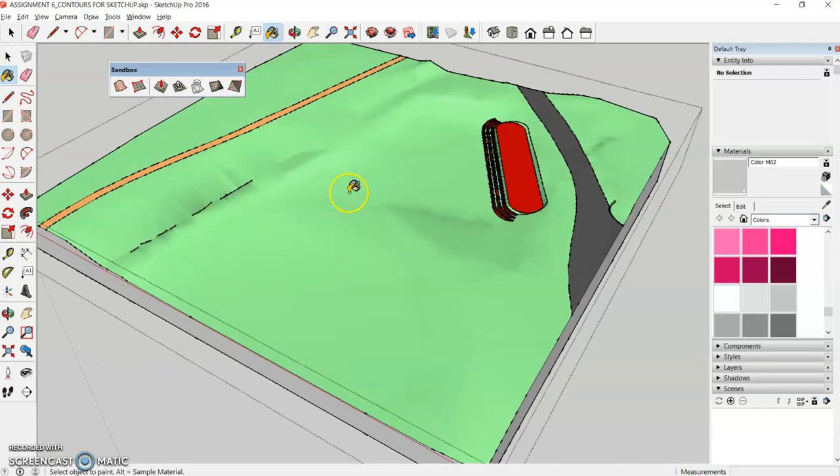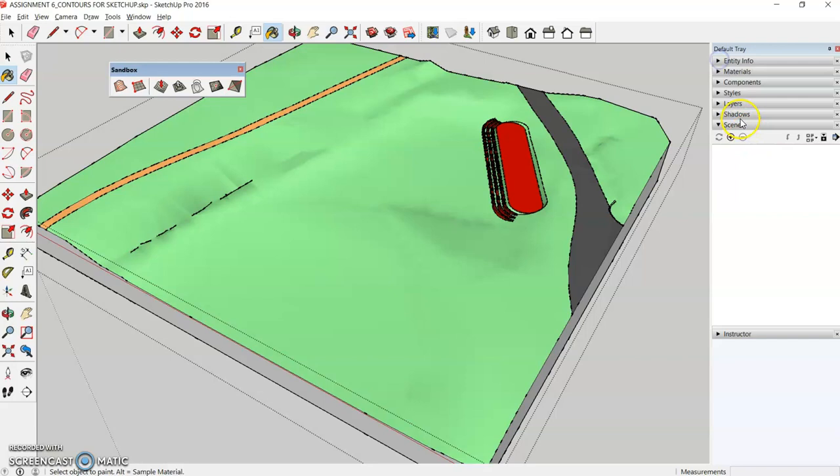And before you export your JPEG, you can look at your styles. On your default tray, go to styles, and